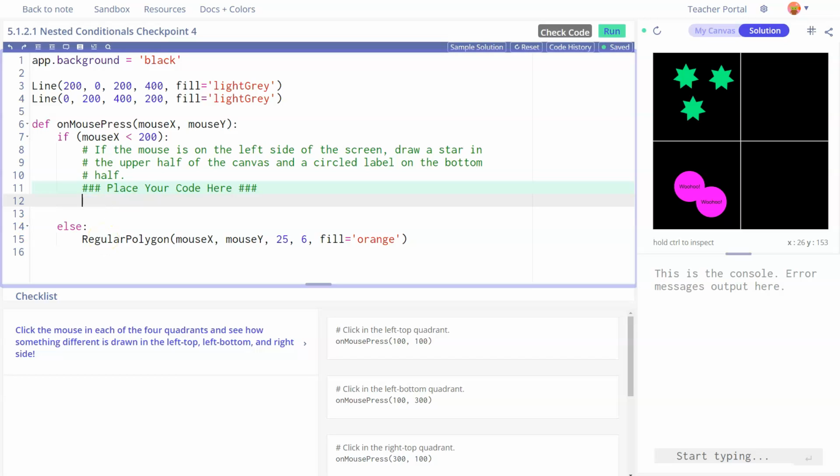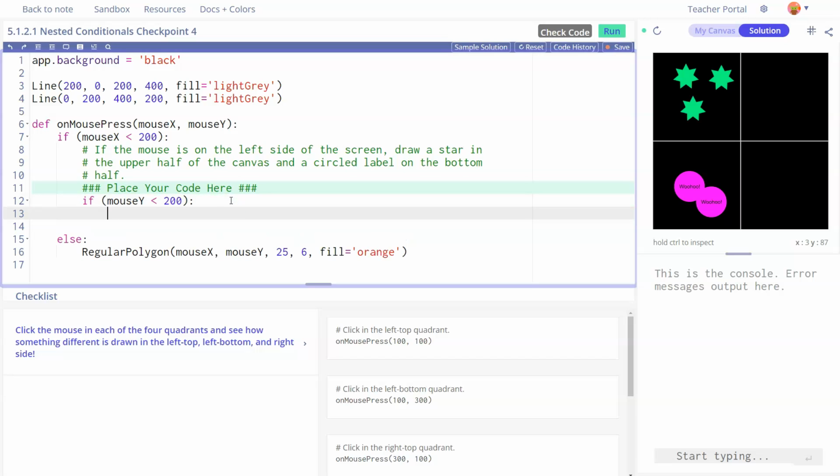If mouse X is less than 200 is what we start with. So if I'm on the left-hand side, now I need to test how high am I clicking. So what I'm going to do is automatically start with another if statement. I'm going to say if Y is less than 200. So if Y, and that actually needs to be mouse Y. If mouse Y is less than 200, remember 0 Y is up top, so that's going to be where the green star is. Then let's say star